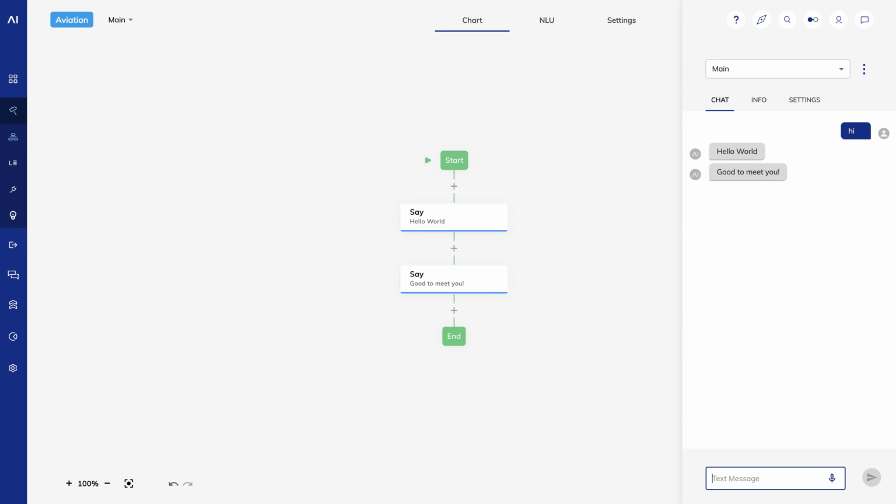What if I want to say, Good to meet you first? I can click and drag the bottom Say node into the plus sign above the top Say node. Note that when I start to drag, the plus signs turn into circles. Drag your mouse pointer into the circle and release. You can test the bot now and it will say Good to meet you before it says Hello World.